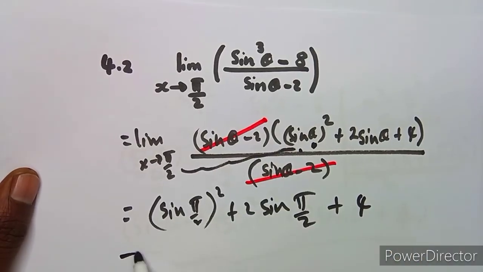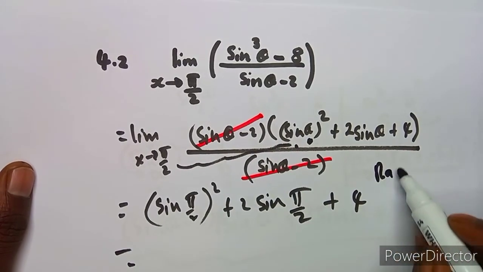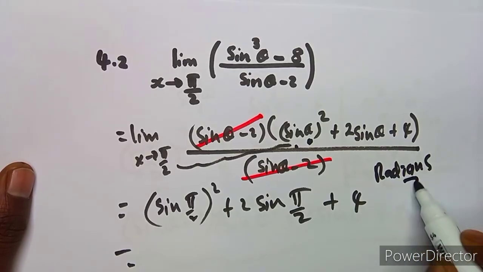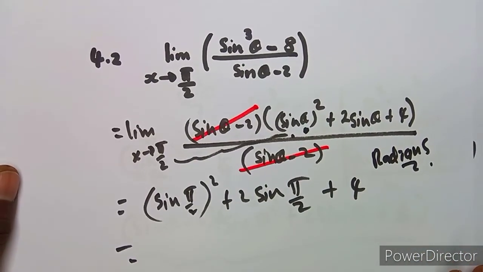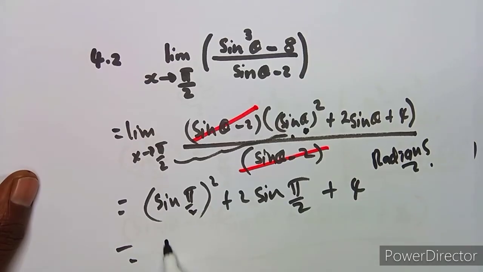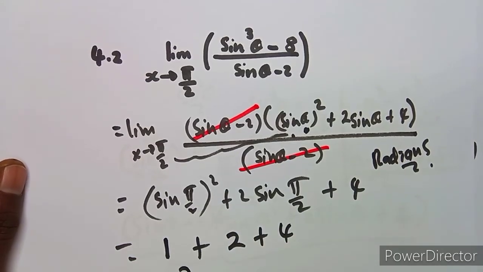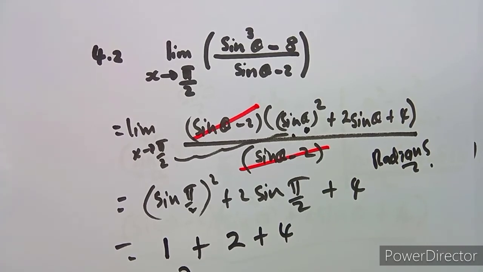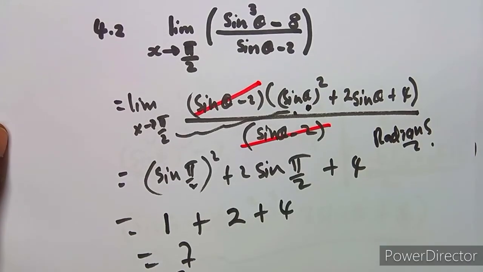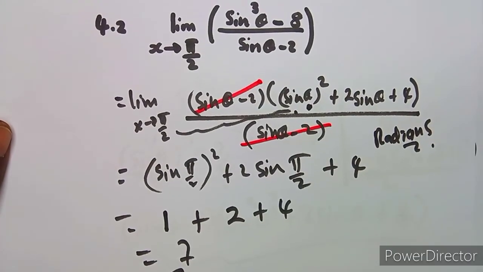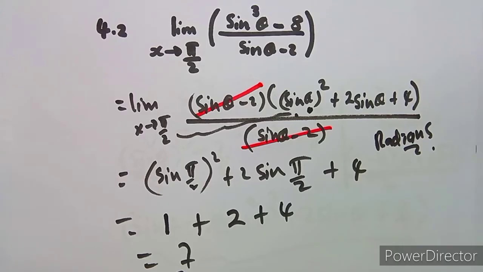And make sure that your calculator is in radians now. You are working with pi and so forth, so your calculator must be in radians. So this is going to be 1, and this is going to be 2, and this is going to be 4. So if we add everything, 6 plus 1, that's a 7. All right. So that's it, guys. Then if you were to cross check, actually